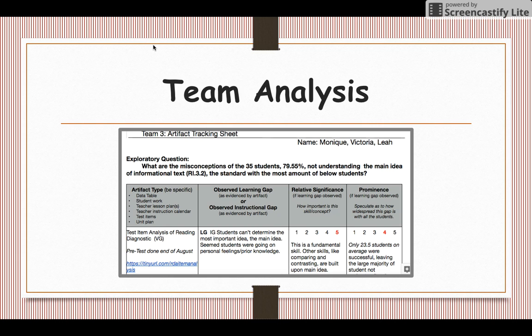So for main idea, because it's a progressive skill, we know that there are a lot of other fundamental skills that need to be acquired to be proficient at choosing a main idea for informational text. And this sheet helps us determine where to start. Based on the students' data, we decided to start with how to determine importance. And we'll talk about that a little bit later.